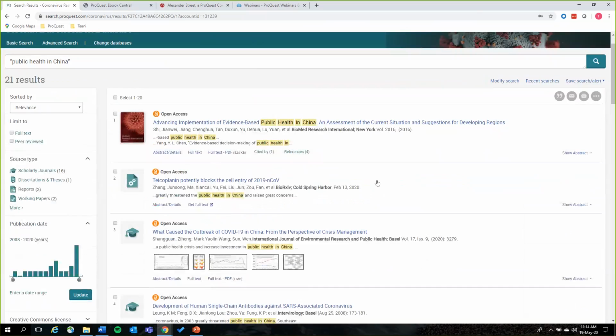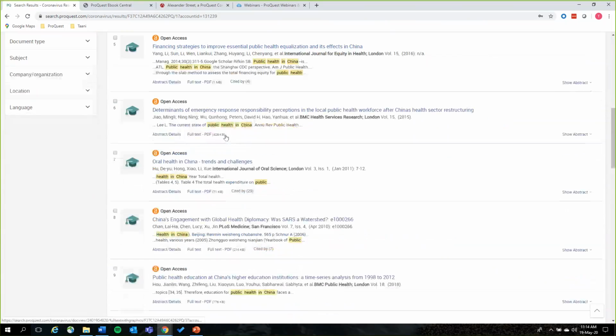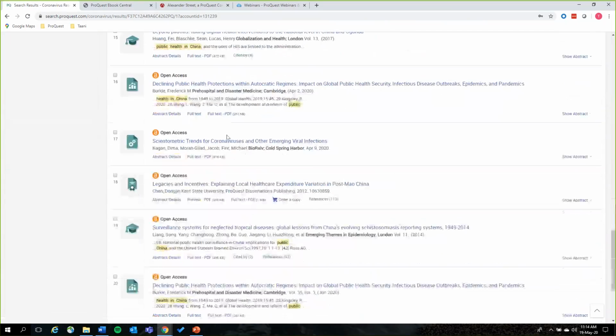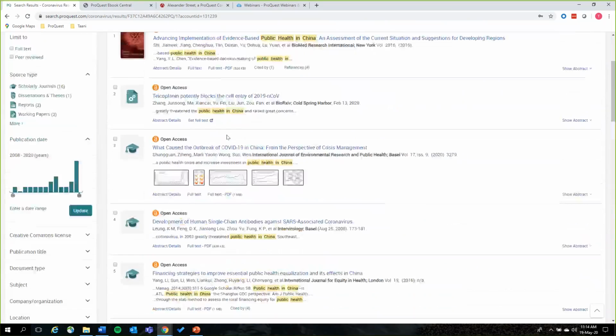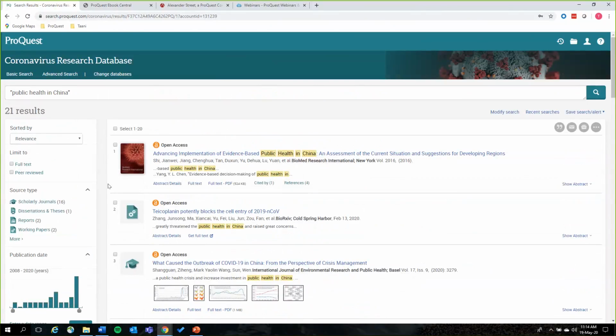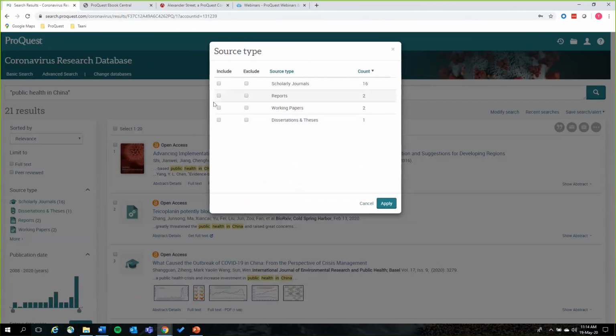So we can see we've got a number of open access articles. This is the coronavirus free database, so any open access journals we have, we bring into this, which is why you're seeing a large number of them are open access. We've got the source type limiters here. So if I wanted to see exactly what source types I have, I've got them that I can include or